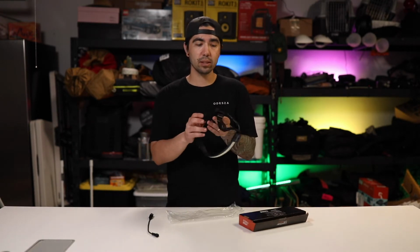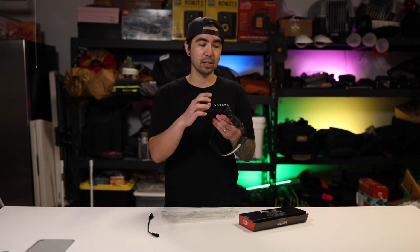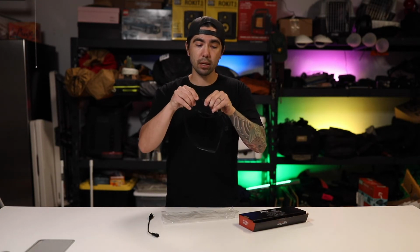Now the one thing to note is that these battery packs can be swapped out. So the website does sell extra battery packs if you think you're not going to be able to get to a place where you can charge it, and they just disconnect right here. Let's see if I can just unscrew this, pull this out. It's got a 4-pin connector. So I'll put this back in,